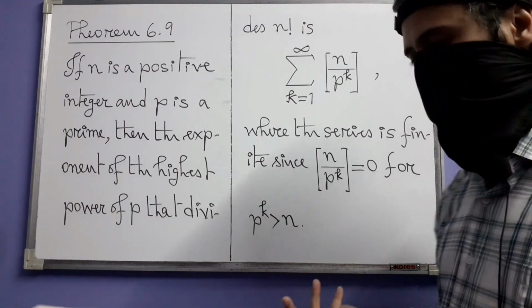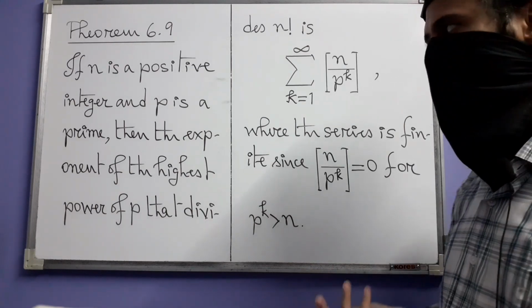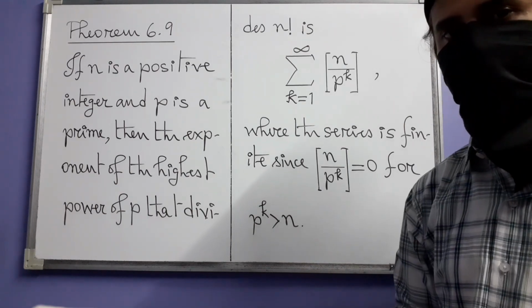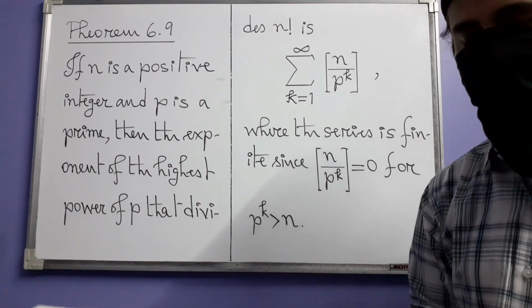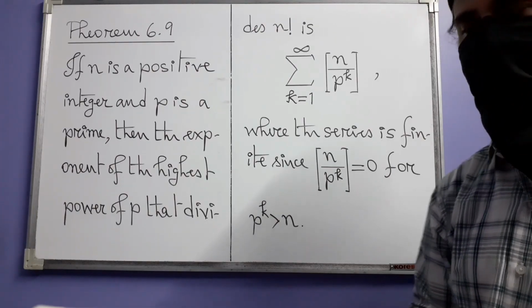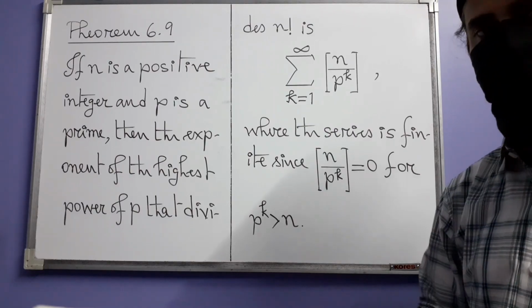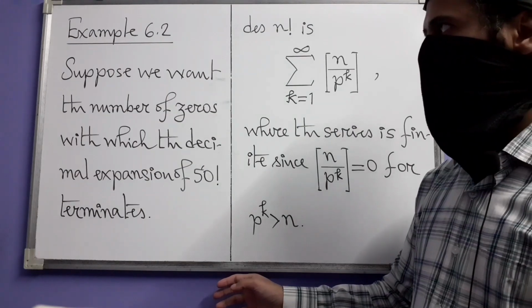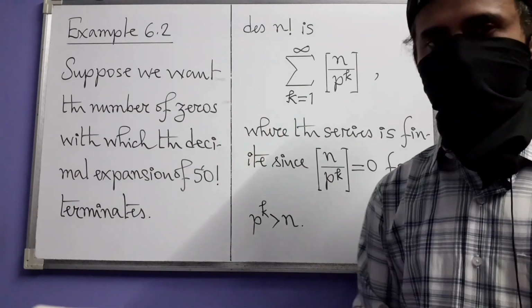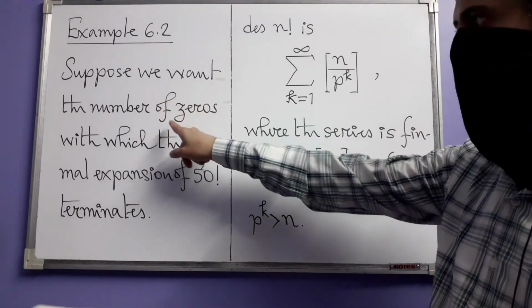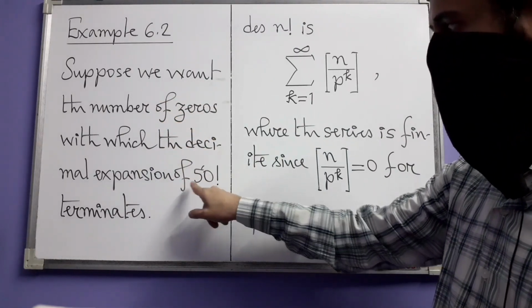Now the proof of course is available in the text, so I urge you to go through the proof, and if you do not understand something, you write in the comment section below. Now next we are going to see an example in which we will use this result. So this is example 6.2. Suppose we want the number of zeros with which the decimal expansion of